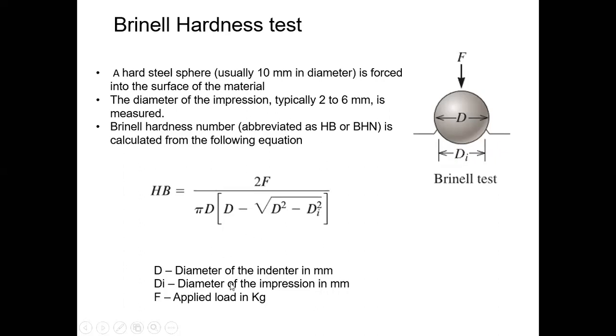So the impression will be a circular shape, right? It will have a diameter, right? So d is the diameter of the impression in millimeter. You have to put those values in here to calculate the Brinell hardness number,